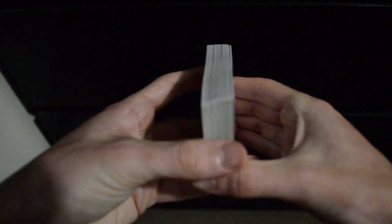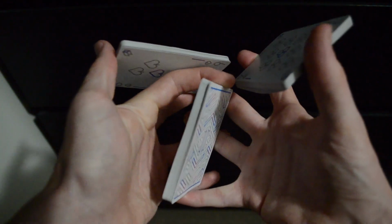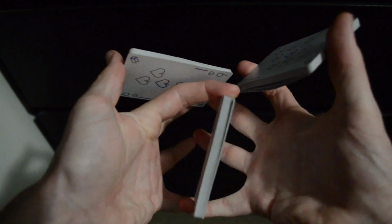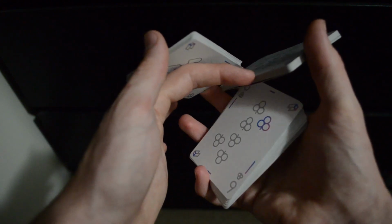So in that motion, your hands turn over this way to grip. Once it's gripped, then you rotate back the other way until you get this interesting display. And you basically just drop that packet into the right palm,